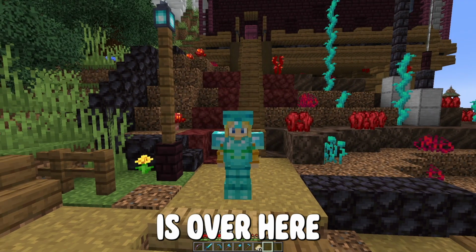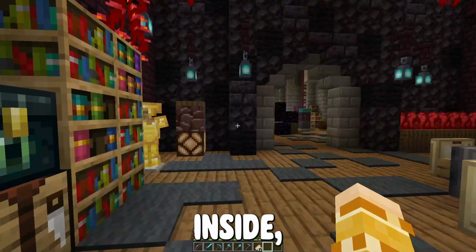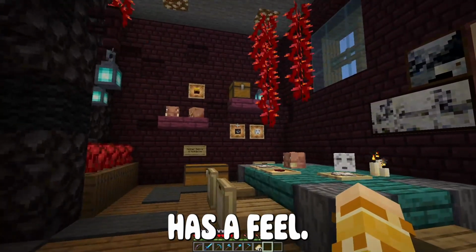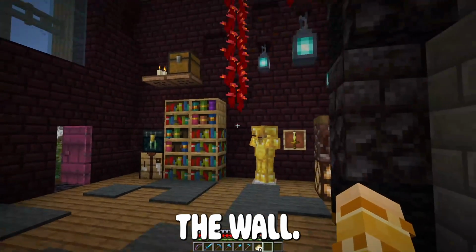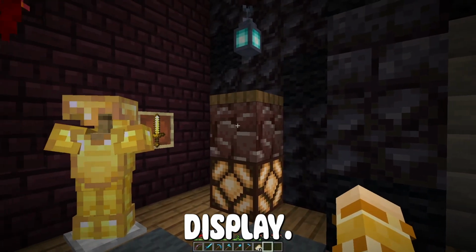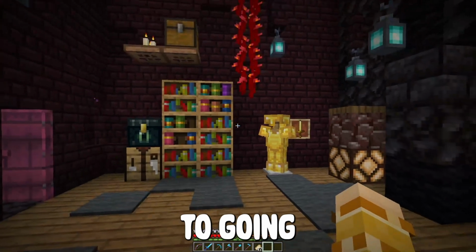The entrance is over here on the side of the building, right by the path. And as you go up inside, there's sort of an entry room. And I love the way that this has a feel kind of like an office lobby area. Pictures on the wall. Oh, and of course the netherite block on display. I also put a full set of gold armor in here because it relates to going to the Nether so